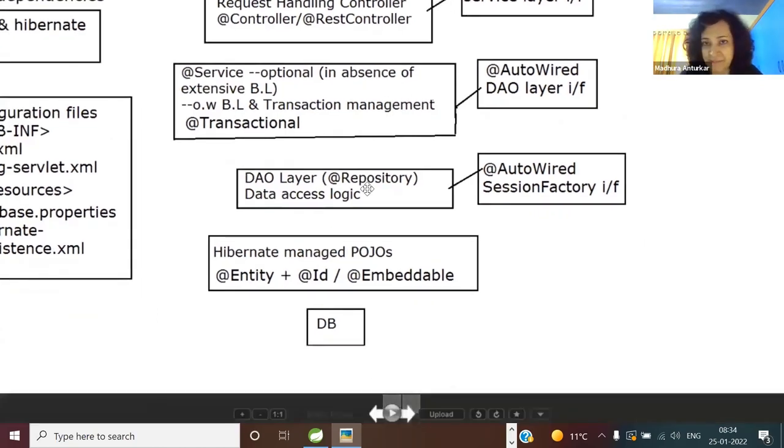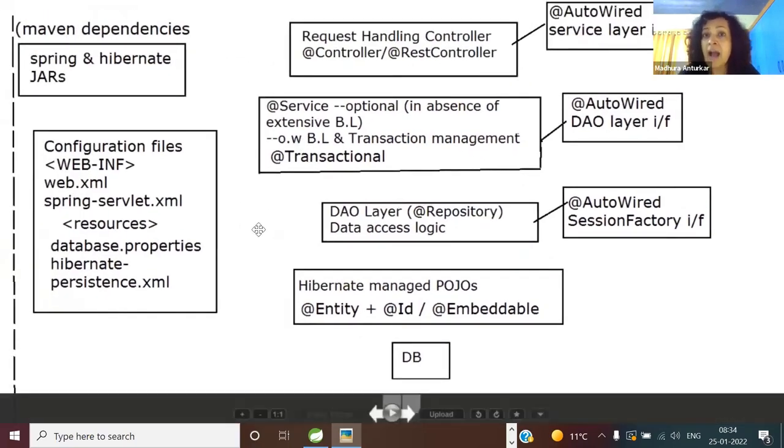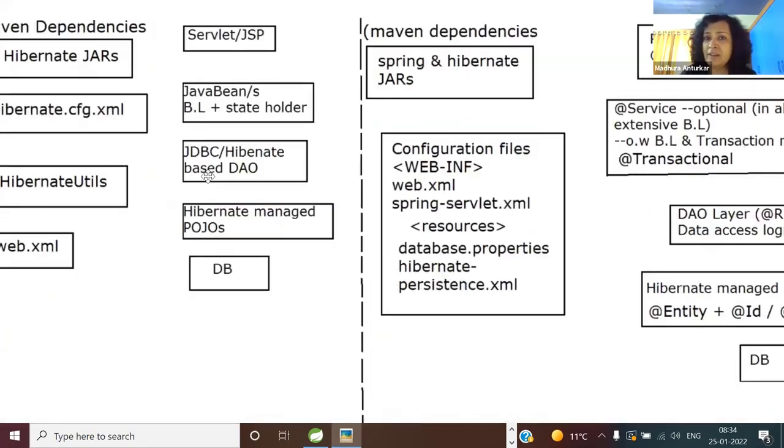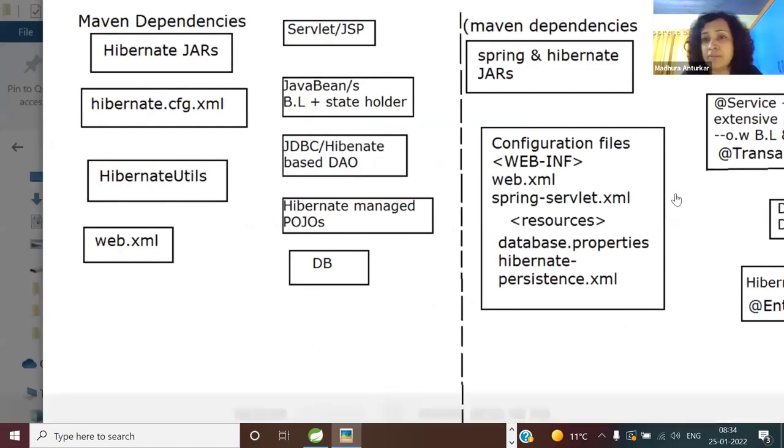Now, the best one. Here, have I drawn anywhere a Hibernate utils layer? Answer is no. Is it that I have forgotten to draw? Of course not. So see, what was the job of the Hibernate utils earlier? Till today, to provide the dependency, to provide the session factory to the DAO layer.